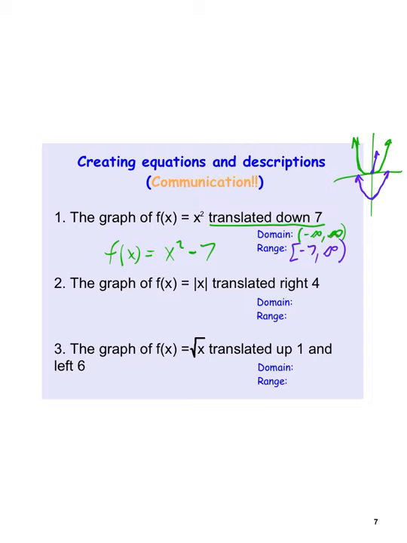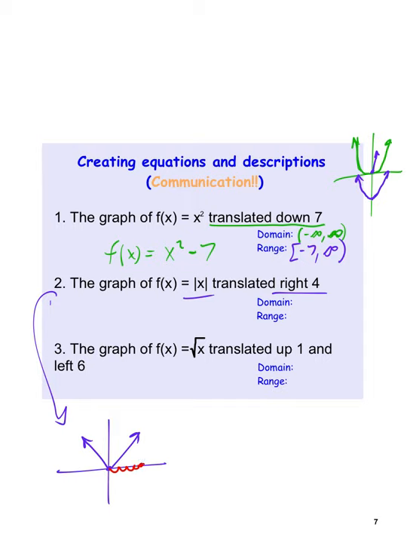Looking at the second one here, so again, now we are talking about the absolute value of x graph, and so I'll just go down here and draw that again just as a reminder. So the absolute value of x, again, the graph, the parent function just starts at the origin, 0, 0, goes up 1 over 1 in each direction. And now we're saying that we're translating it right 4 units. Well, by translating it right 4 units, let's take a look at what we do to the domain or range. So if we go over 4 units and put the new